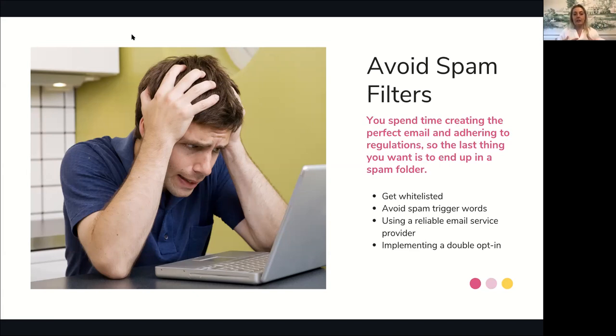And when your Gmail account or your Hotmail account, whatever it is, can see that, it will help the artificial intelligence learn not to put it in your spam and to put it in the inbox, because you did sign up for it. Okay? So there's some ways to avoid spam.